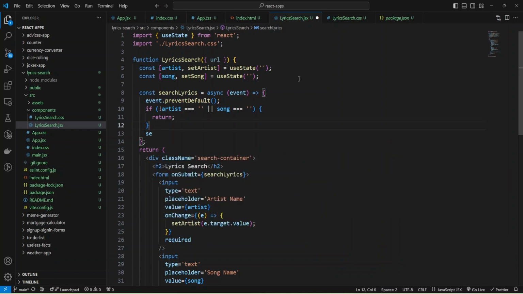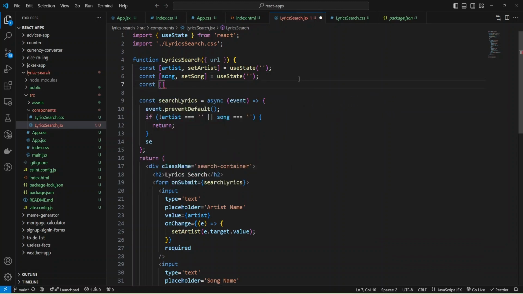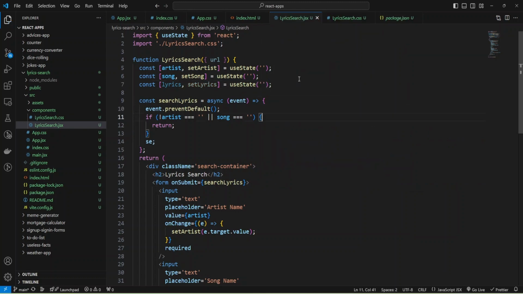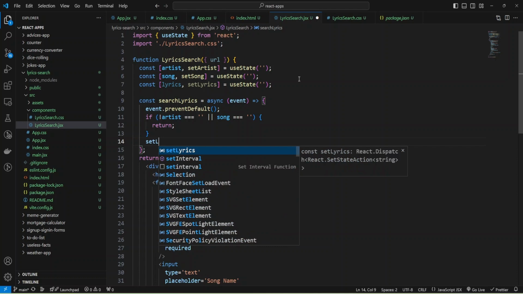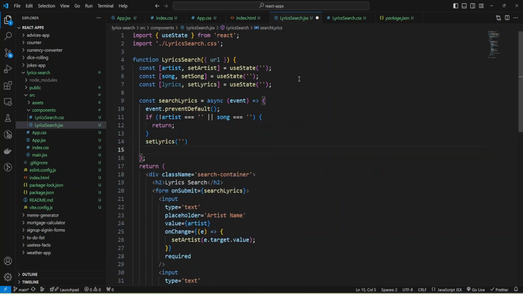Okay, we need to add a state variable for lyrics. I'm going to add const lyrics, setLyrics, useState with an empty string, and now I can set my lyrics to an empty string and make an API call to my endpoint.